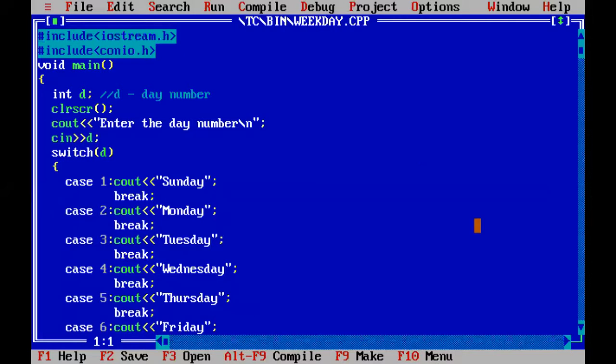Is this screen visible for all of you? Okay, fine. So let me go to that screen.